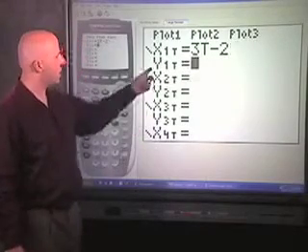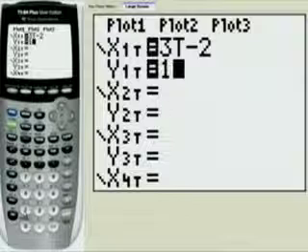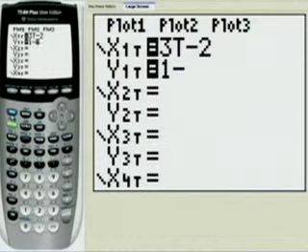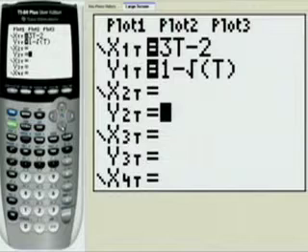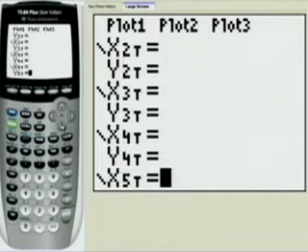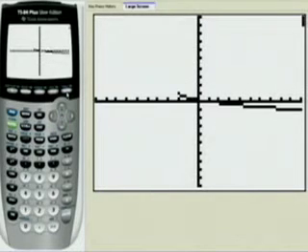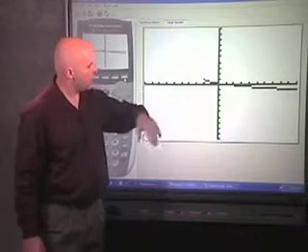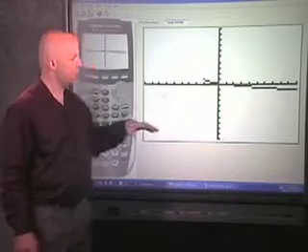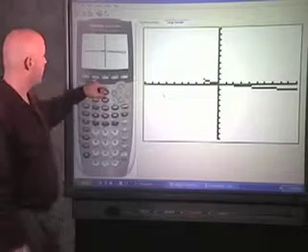We hit enter. We enter y, which was 1 minus the square root of t. And then we will scroll down, hit graph. Now our graph of our parametric equations is kind of squashed here, so we want to adjust our window settings again. If we hit our window button,